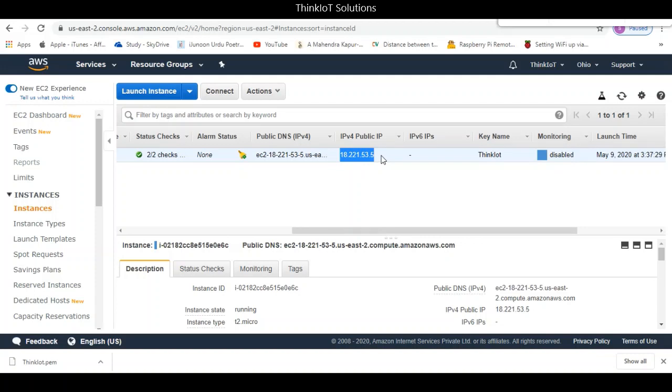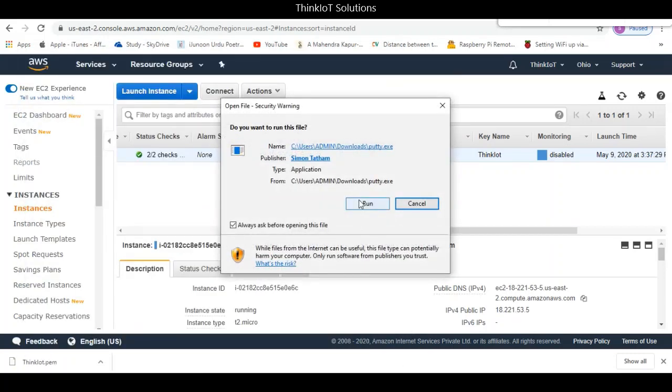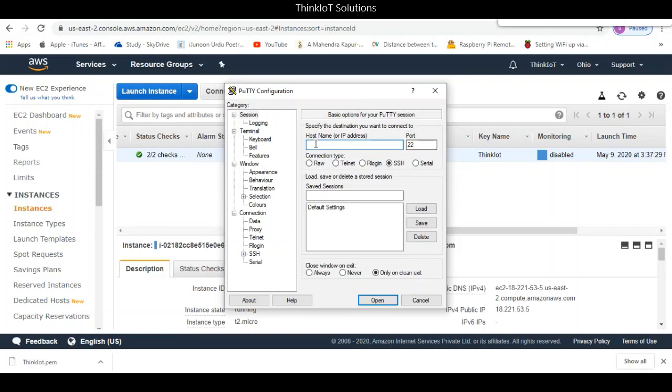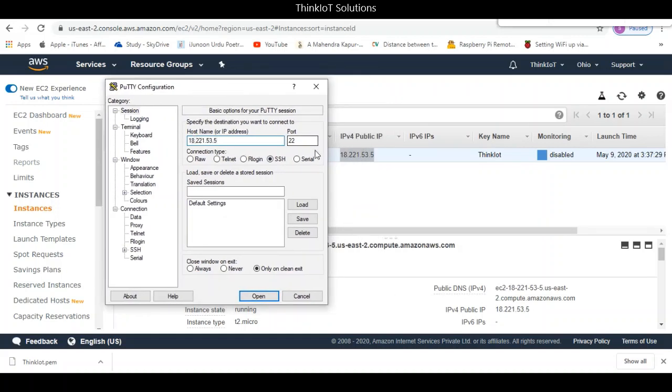This is the most important step, and every time you log in to your instance, you have to do this. We have a software called Putty. You can download this software from Google, from the Putty website. Click on putty.exe, and once this software opens, it looks something like this. It expects the host name and the port. We are using the SSH type of connection here. Whatever IP I copied earlier, I'm pasting it here. You can see that the IP is the same,